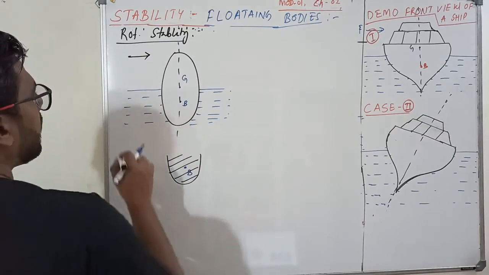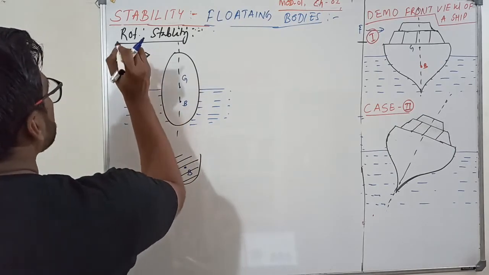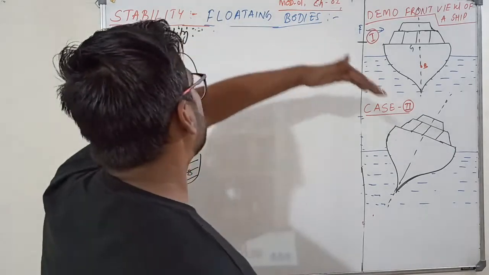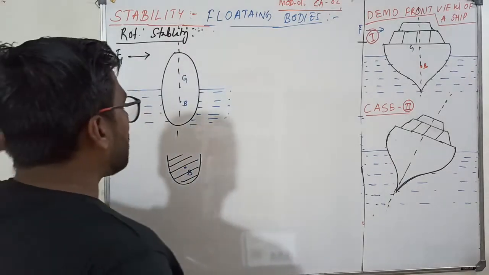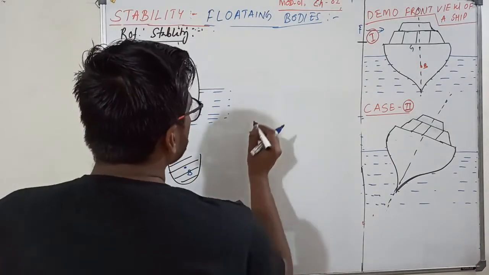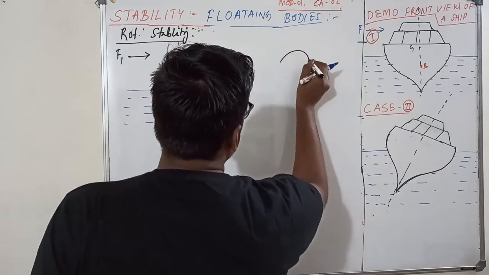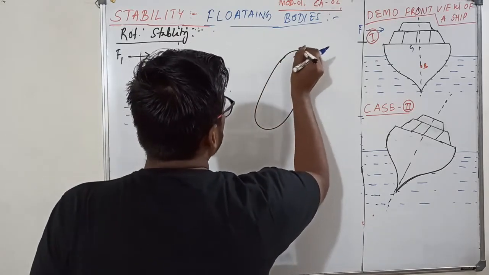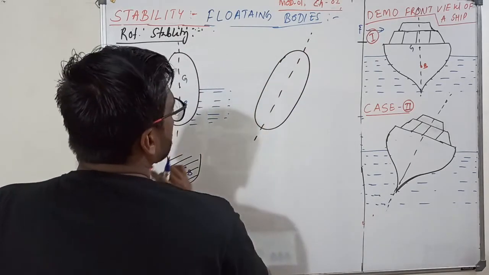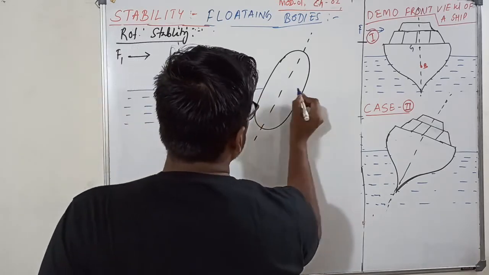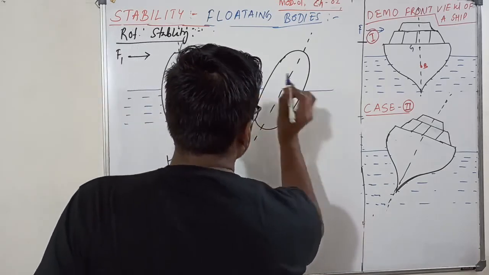Now what I will do is give it some disturbance. I'll give it some angular displacement by applying some force on this side. So if I apply some force on this side, how will it behave? Now it has disturbed the shape, and it has come back to a new position. Let us say this is the position now.